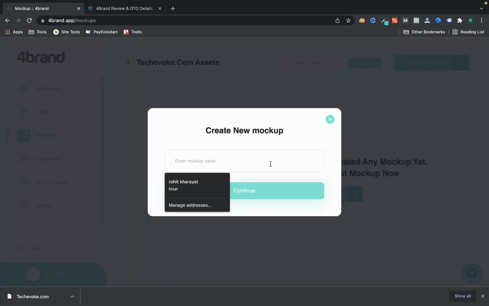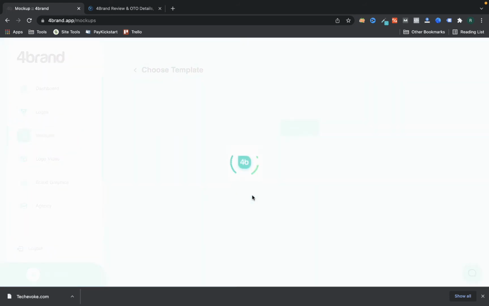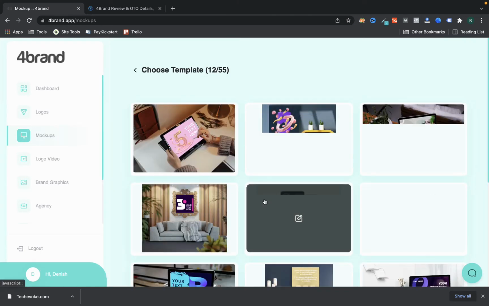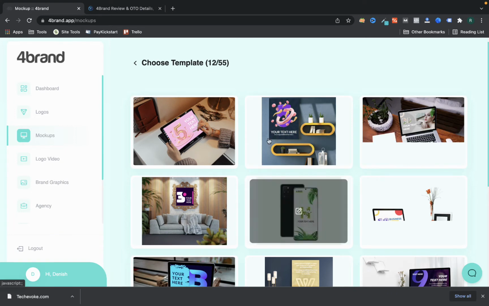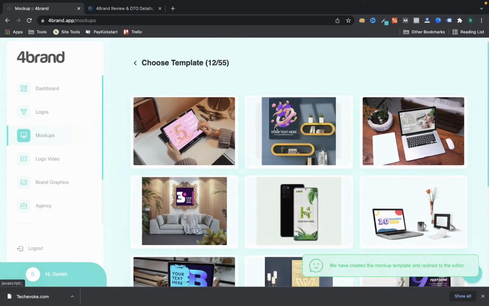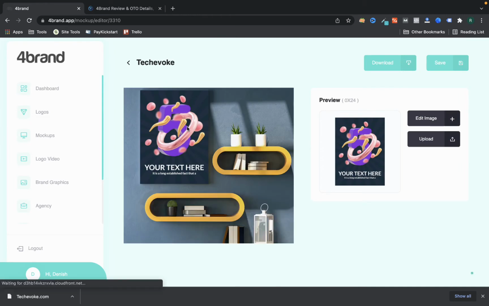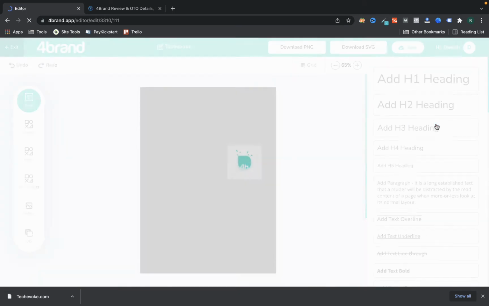And now what I have to do, I have to of course give it a name. I'm just going to give it Tech Evoke, and I want to create a new mockup here. So for a technical part, I really like this one, so I'm just going to edit this one. Now what I have to do, I have to just change. For example, I want to edit this image, right?